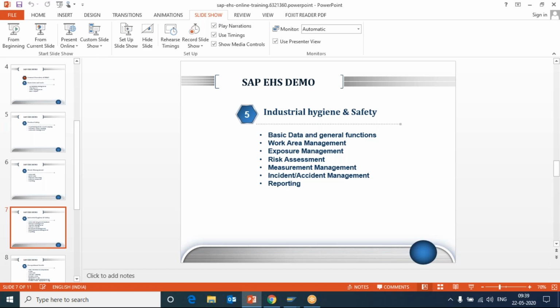All these things can be tracked in the industrial hygiene and safety submodule. Once that is done, you can generate reports related to individual incidents, near misses, safety observations, or annual reports in terms of how many man hours we have worked, and how many of the incidents have taken place, how many near misses have taken place. All these kinds of different reports can be generated.